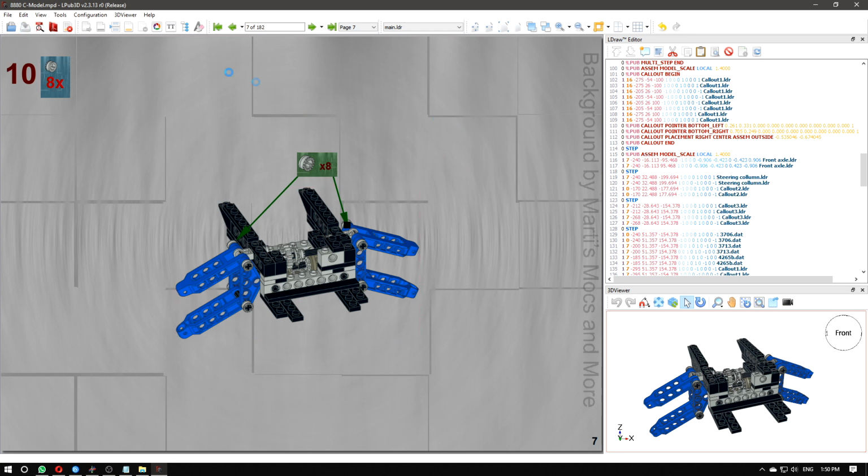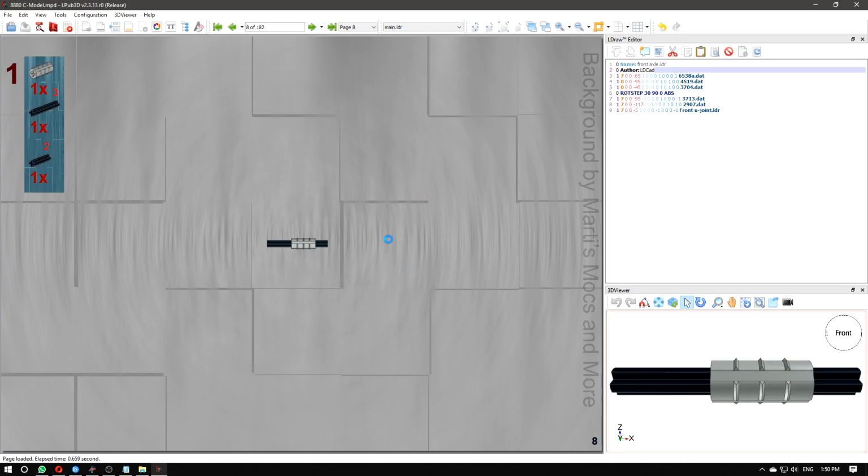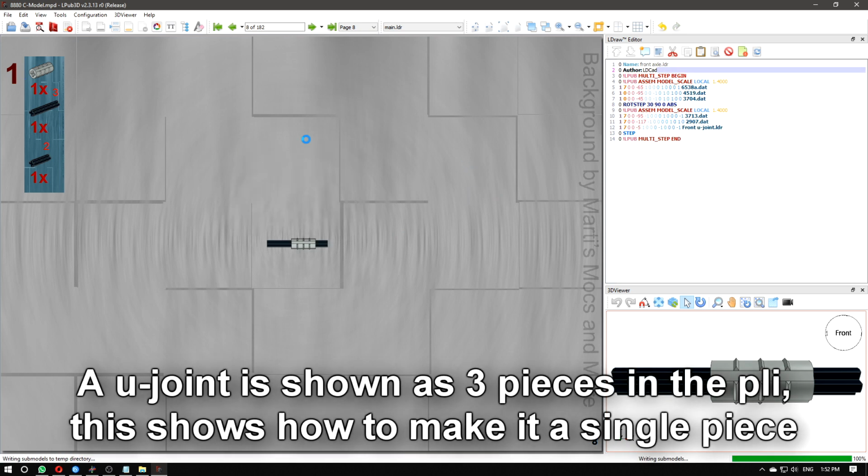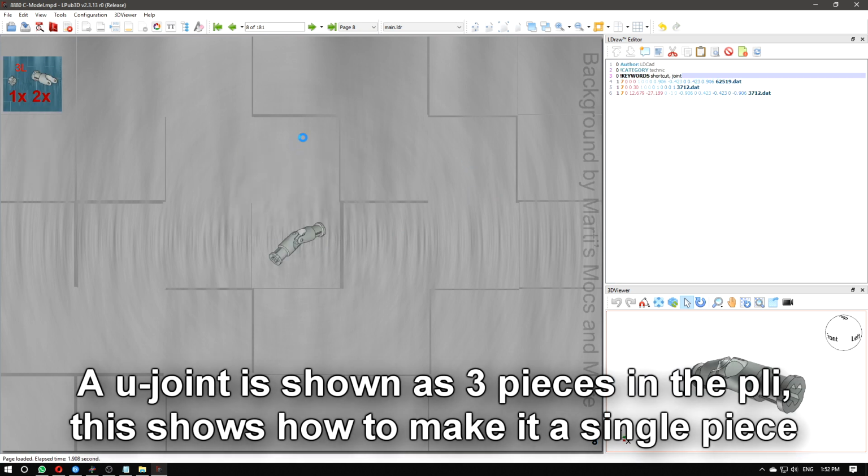Anyway, let's save this one for now, and let's go to the next one, because like I said, this one requires a little more explanation as well. Add next step, and let's see what you do with the U-joint. So now we're going to actually see the U-joint, right? That's the one I